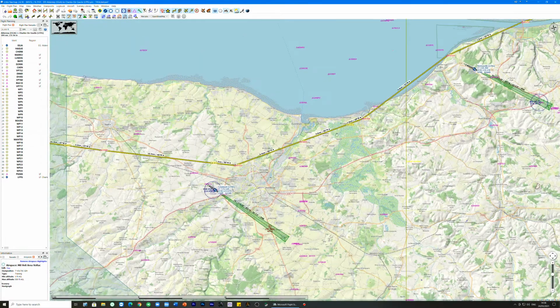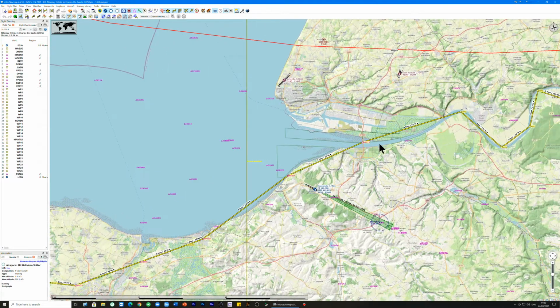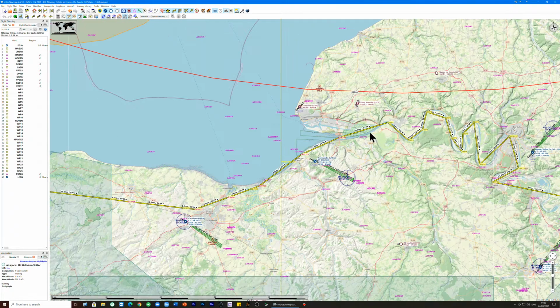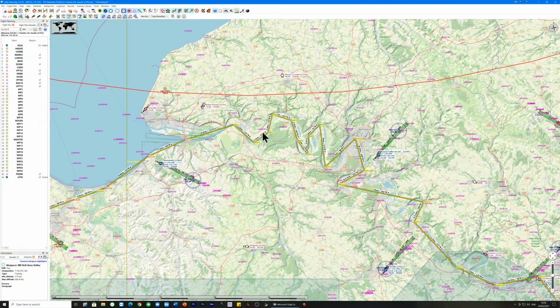And then if we were to just, on this flight plan, track left slightly, we would be right in line to fly over the Normandy beaches. There's Normandy Airport there, and then we're into the entrance to the Seine, just here next to Le Havre. And so just coming out, you can see there's the wiggly, winding route. I may not fully stick to this, but we'll definitely hope to sign off on the waypoints,